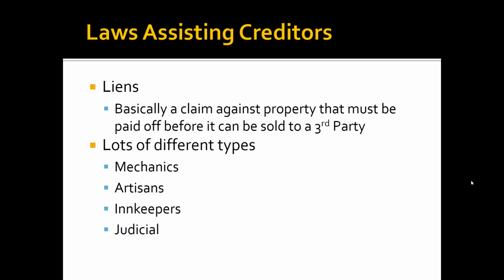So basically, a lien is a process whereby you file a claim. As opposed to usually against an individual, it's against a piece of property. And we usually will say it's either a possessory lien, which means you've got to possess that piece of property, or not. It might mean against a third party. So it's putting the world on notice that you're owed money and that you will get the money from this thing. As I said, there's 4 that we're really concerned about, the last one being by far the most important: mechanics liens, artisans liens, innkeepers liens, judicial liens. Let's talk about each one of those in turn.